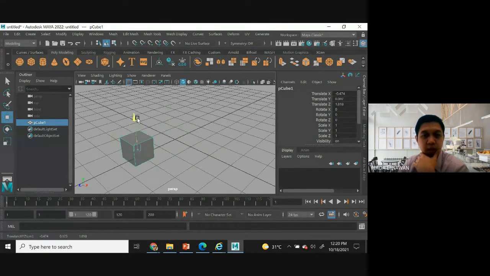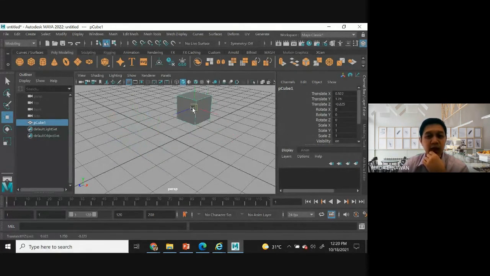I don't recommend you select the object and then move around. Why? If you do this, you can change X, Y, and Z concurrently, so you will not get the exact coordinate.